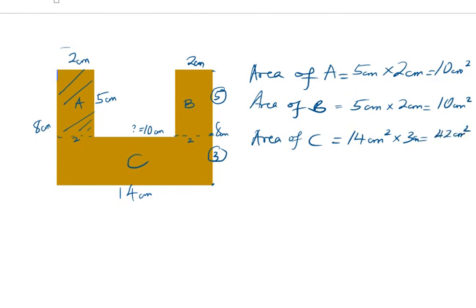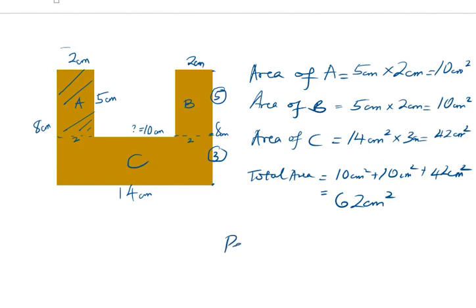So the total area will be the summation of all the respective areas. 10 cm squared plus 10 cm squared plus 42 cm squared, and that will give us a total of 62 cm squared. Then to find the perimeter,